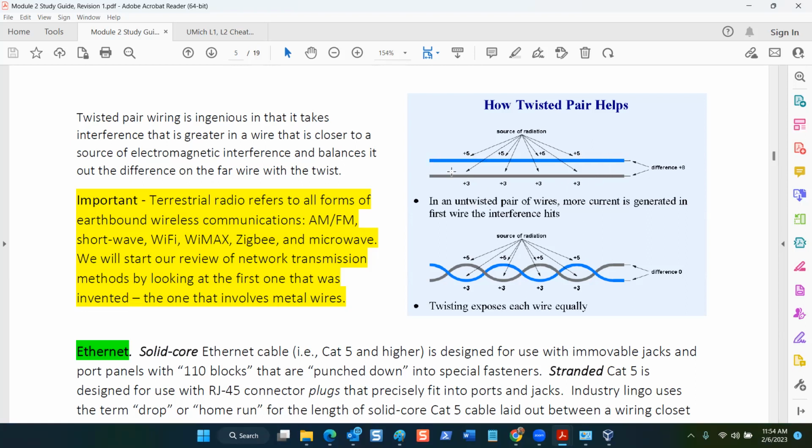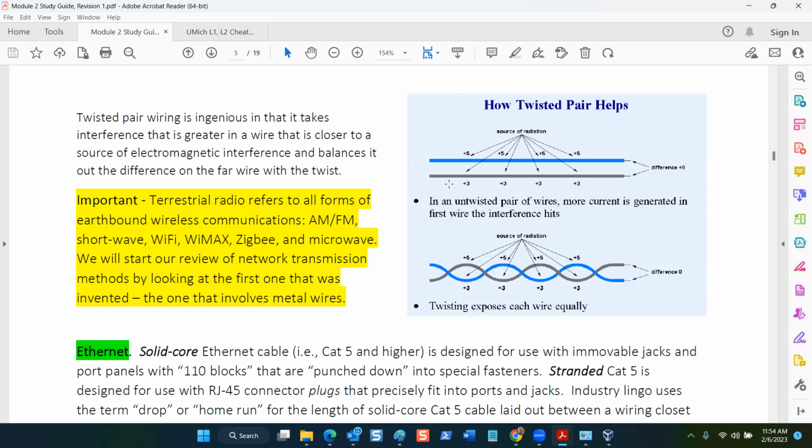Okay. Let's say you have a source of radiation in the room, like a magnetic field from a strong magnet, or the magnetic field of the Earth, or a flare-up from the sun. Here's a common one: fluorescent lights. Fluorescent lights create huge magnetic fields. And if you have this data wire that's near a fluorescent light, what happens is that there's interference that's much